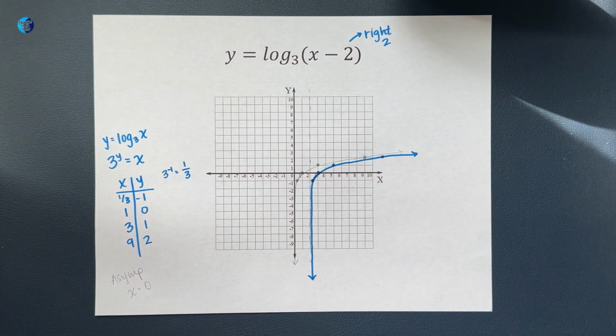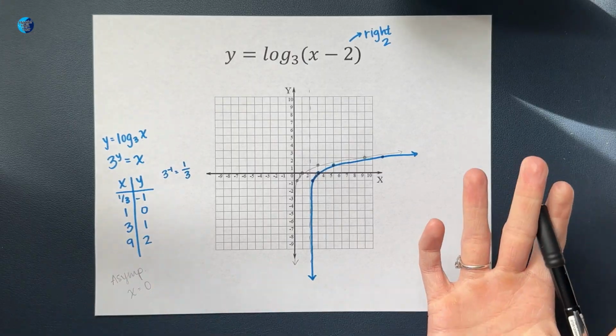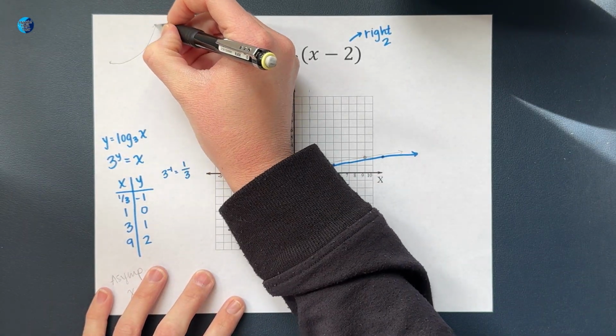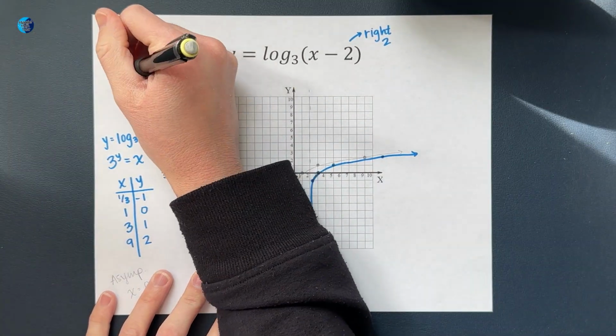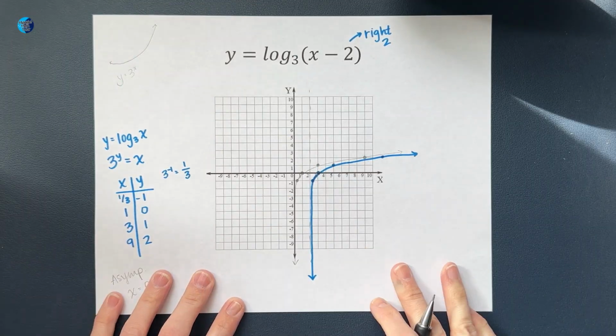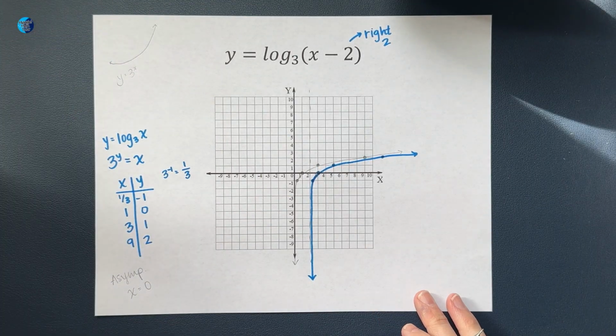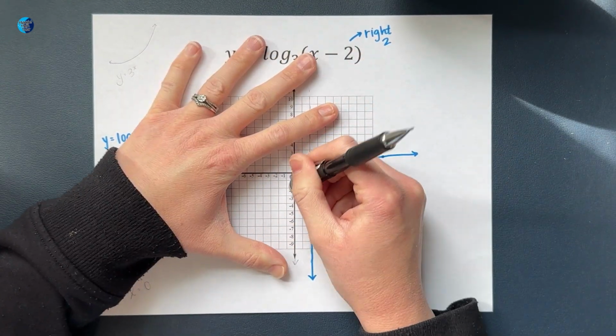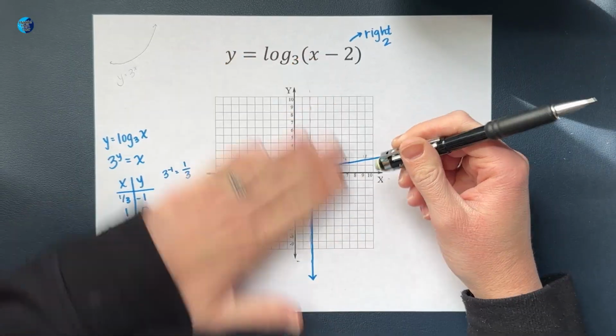this. There we go. One note to make is if you have been graphing exponential equations, you may notice that they are inverses of each other. An exponential graph goes like this. So if we had graphed y equals 3 to the power of x, it would look something like that. Okay, now you may want to erase your pencil graph if it's distracting, kind of up to you, but there